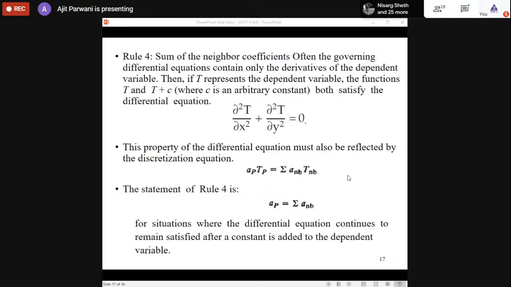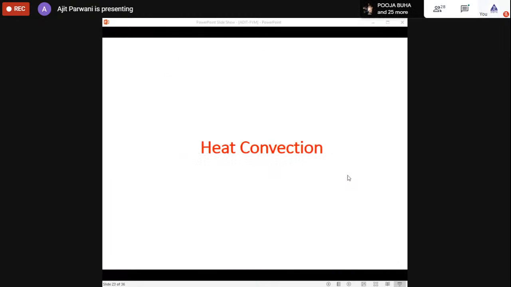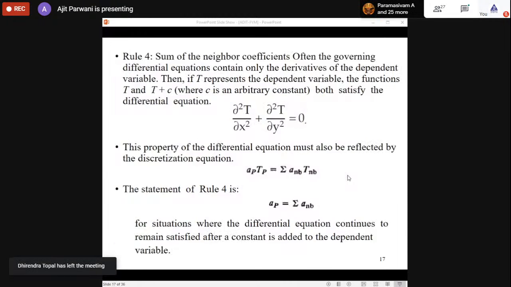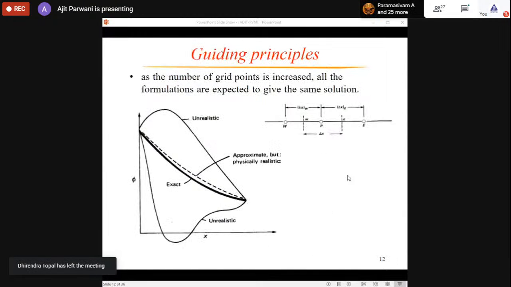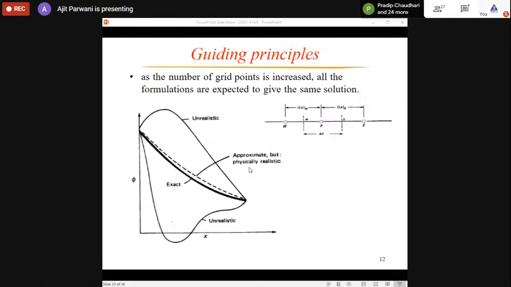So, okay, where I was: source term linearization. I was telling about the conductivity. So how will I address this conductivity, Ke? In most practical situations, the conductivity is constant. If the material is defined, say iron or some other homogeneous material, then there is no issue. The conductivity is constant, and the value of Ke is the same as Kp.